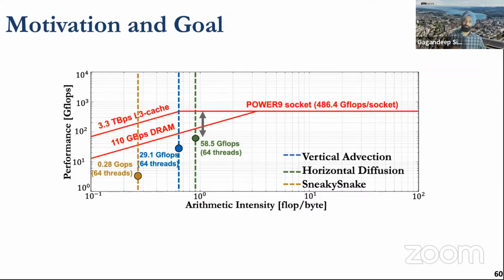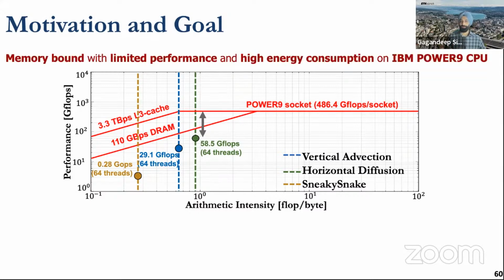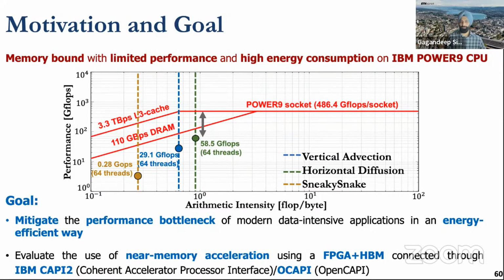So in this paper, we extended our work so that we can overcome this memory bottleneck for pre-alignment filtering. We also extended the previous work we did for weather forecasting, with more evaluation and more insights about how you can efficiently use these state-of-the-art systems. Our goal was, again, to mitigate the performance bottleneck of these data-intensive applications using state-of-the-art FPGA-based HBM-based